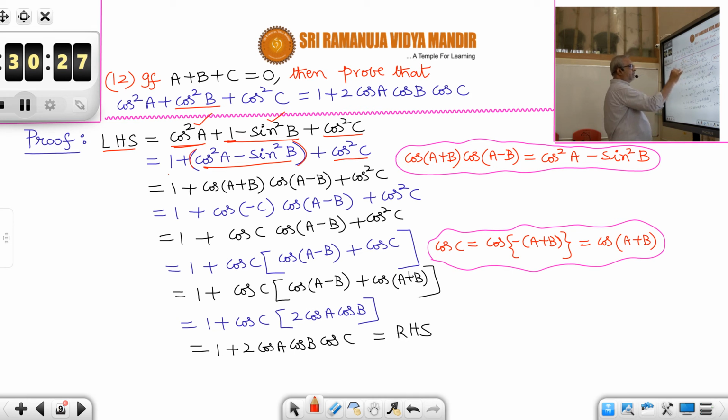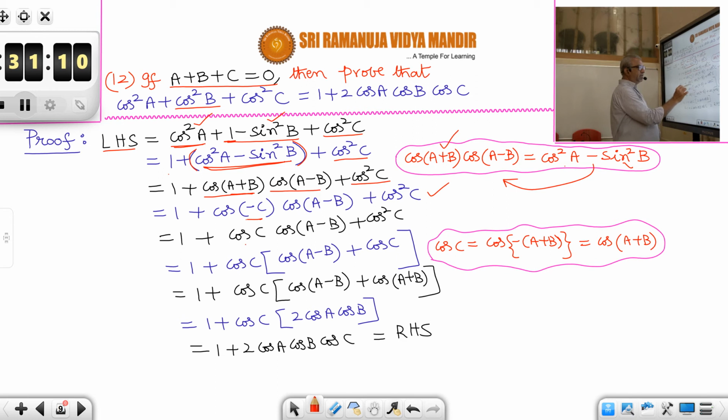What about this bracket? Which formula do you recollect now? Yes, I have written that formula here. Cos (a plus b) into cos (a minus b), what is it equal to? Cos square a minus sin square b. Apply that formula in the reverse way now. Here exactly cos square a minus sin square b is there, so it is just equal to cos (a plus b) into cos (a minus b). In the next step I have written cos square c will be just waiting. But a plus b is equal to what? Because a plus b plus c is 0, a plus b is equal to minus c. So cos minus c. Remaining no change in this step. But what about cos minus c? Cos minus c is equal to cos c.